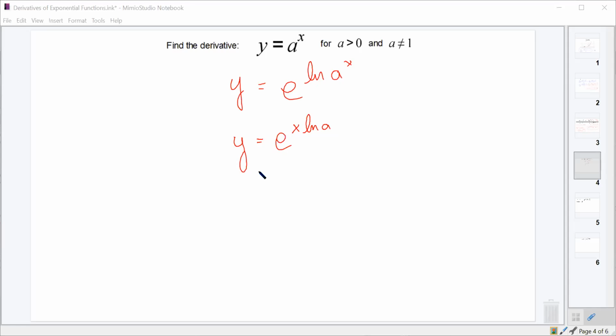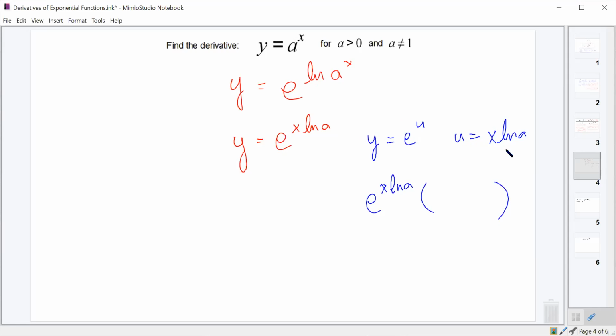y equals e to the u, with u equal to x ln a. And I should be able to take the derivative of that, right? By taking the derivative of this, which is e to the x natural log a, and multiplying it by the derivative of x natural log of a. Well, what's the derivative of x times the natural log of a? It's